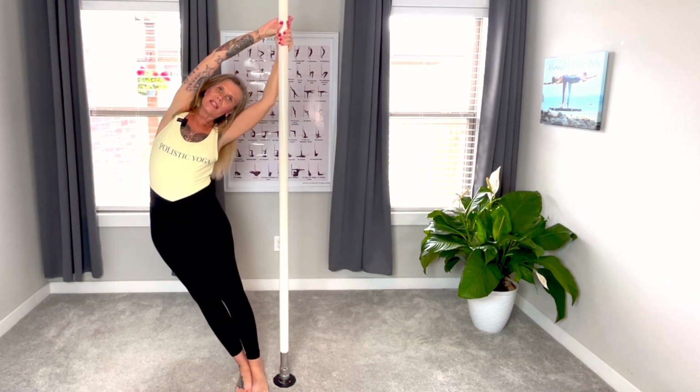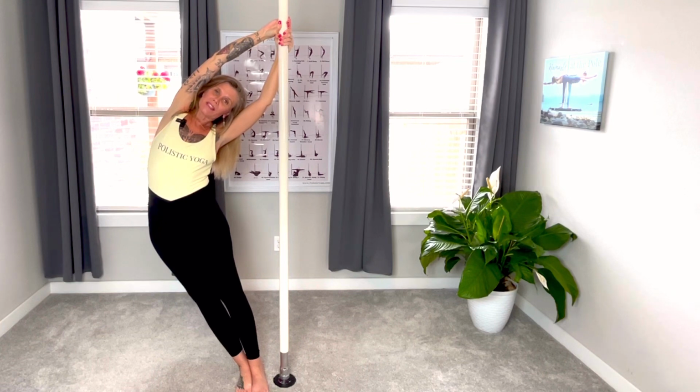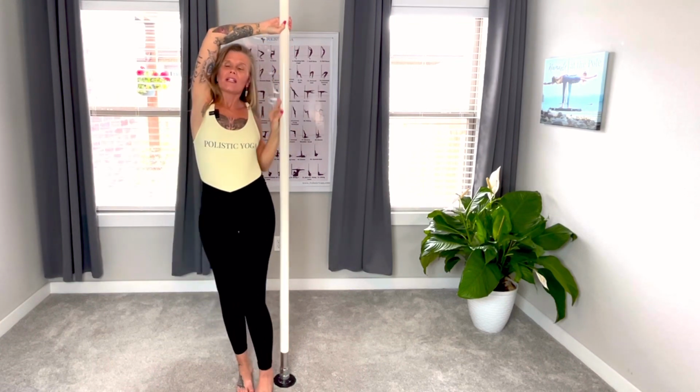And you can use this little mini session if you've been sitting or doing anything repetitive. If you've been driving a lot, or doing any sort of work where you're in the same motion over and over and over. Good, now we're going to come into full moon